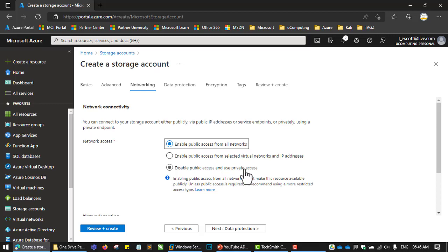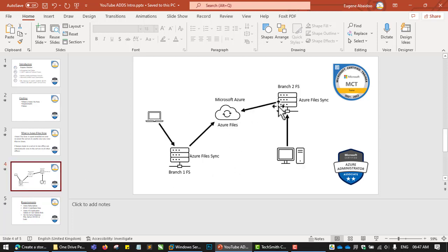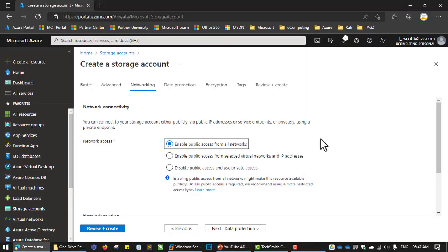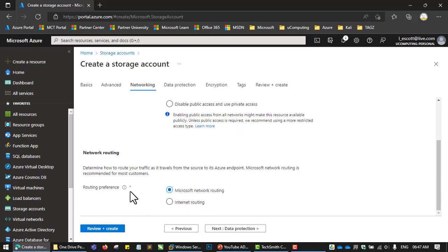Okay, but in our scenario, if you look at the diagram that I just showed you over here, we're going to be accessing our Azure storage account and Azure files from the public network. You have to go through the public network, so we have to make sure we open the access on the public network. So we're going to leave it at the default,